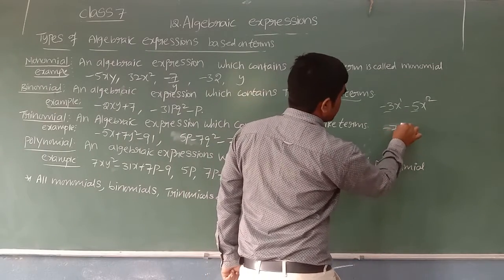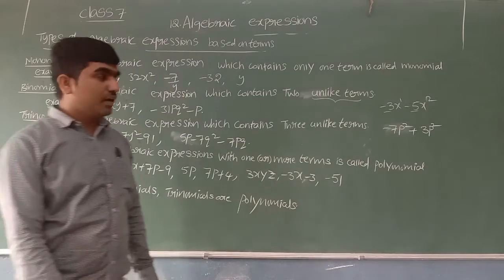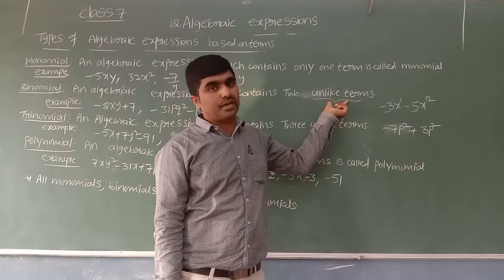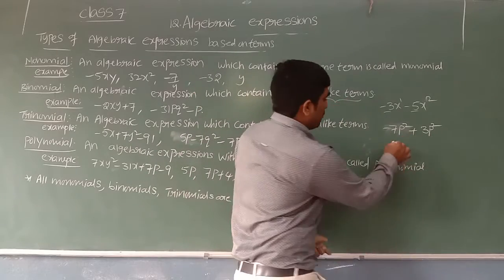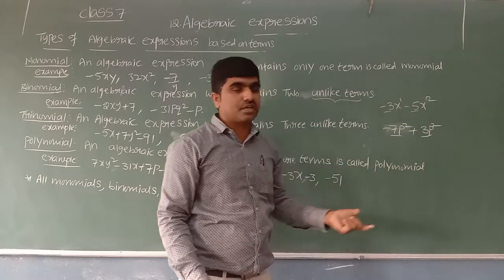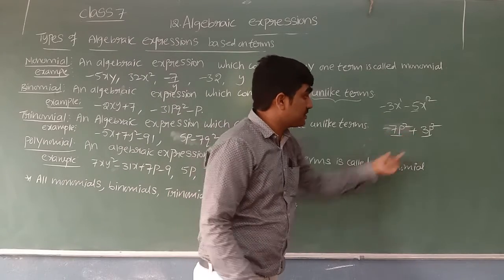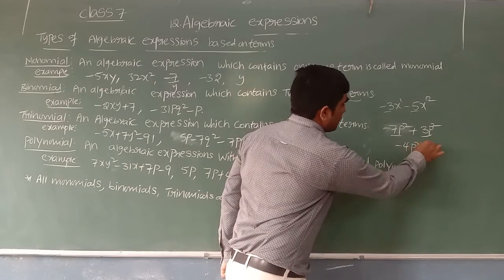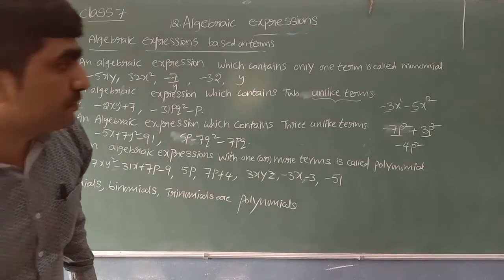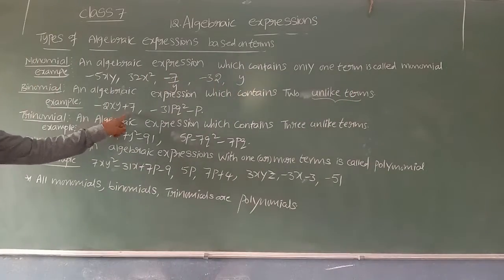Suppose you take minus 7p square plus 3p square. Can I say it is a binomial? Two terms are there, binomial? No, not like that. Those two must be unlike terms. Let's see whether these two are like or unlike. Both the terms are like terms, with the same variable p and the same power 2. Having the same variables and the same powers, they are called like terms. Once they are like terms, we can simplify the coefficients. Minus 7 plus 3 is minus 4. The answer is minus 4p square, which contains only one term. It is called a monomial. So because of that, if we take two terms, those two must be unlike. Then only we can say that it is a binomial.